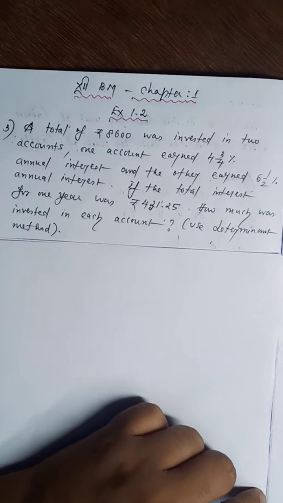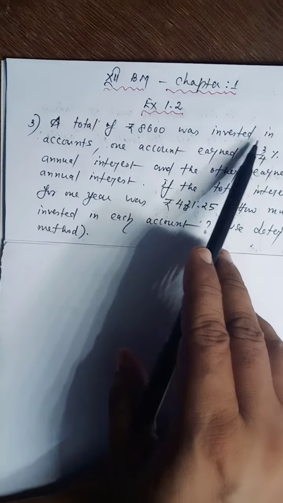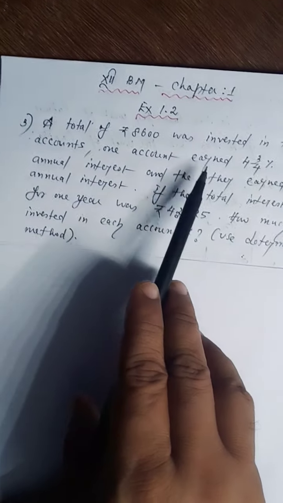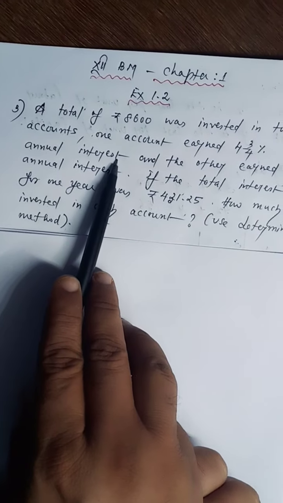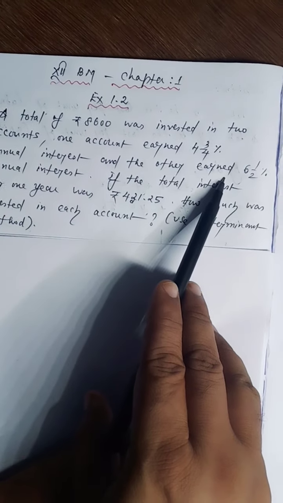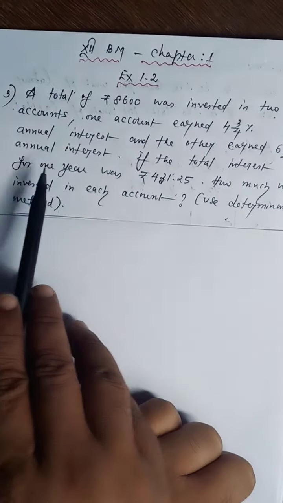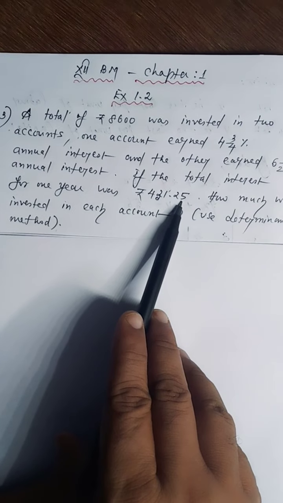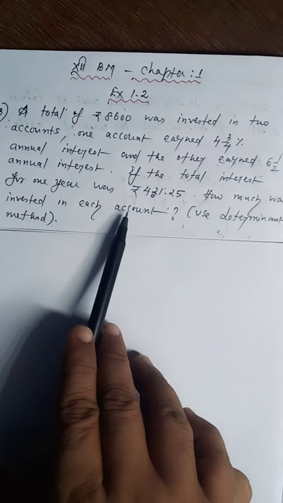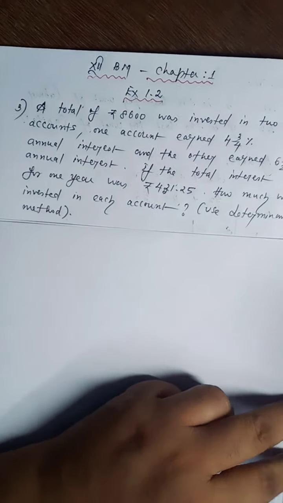Now problem number 3. A total of rupees 8,600 was invested in two accounts. One account earned 4.75% annual interest and the other earned 6.5% annual interest. If the total interest for 1 year was 431 rupees 25 paise, how much was invested in each account using the determinant method, that is Cramer's method? Solution: